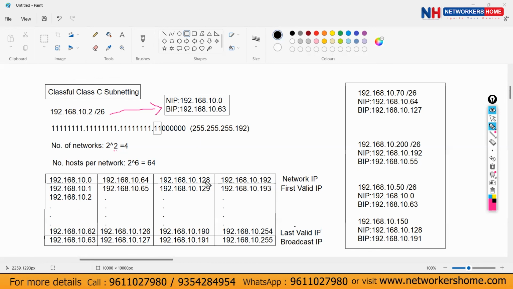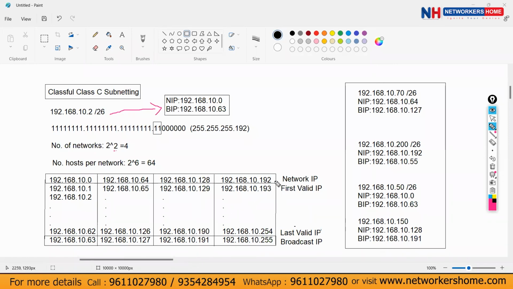If the third range is 128, the network IP is 128, and here the broadcast IP will be 127. Range ends at 127 for the 64 network IP. For the 128 network IP, the range ends at 191.